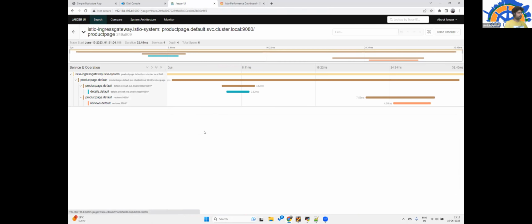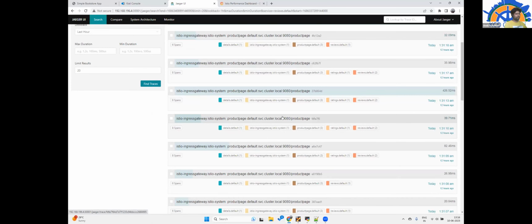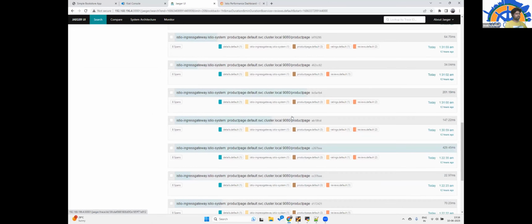Also, if you just click on this, you can see how much time it took on each and every service. You see, the product page took this much, the end to end took this much. Default took this much, 2.5, review took 4. So you can trace back each and every entity where the request has been and where it is not. Also, if it fails, it would display why it failed and what error response was sent.